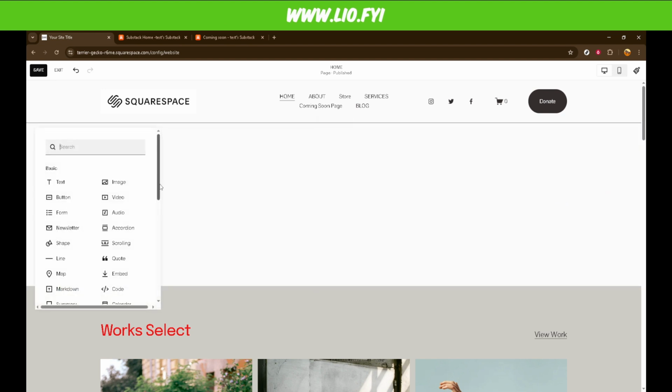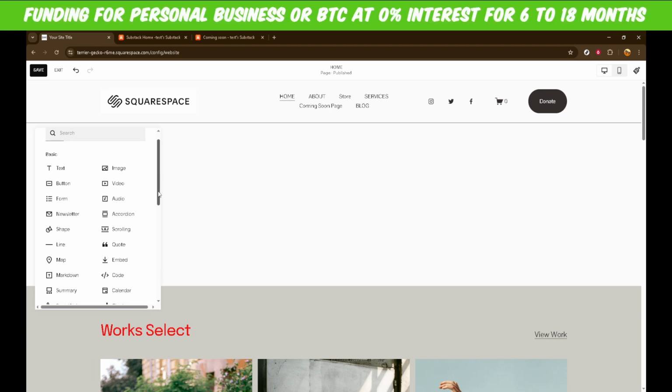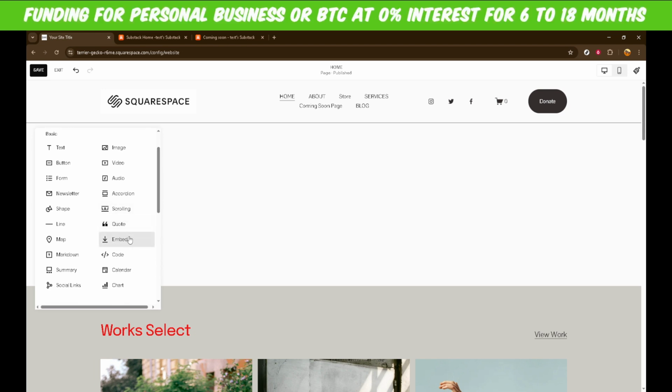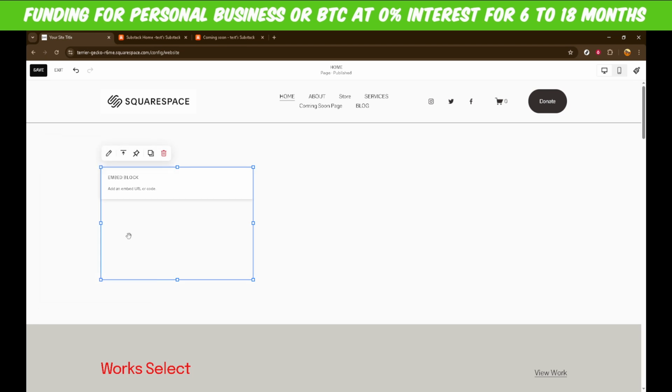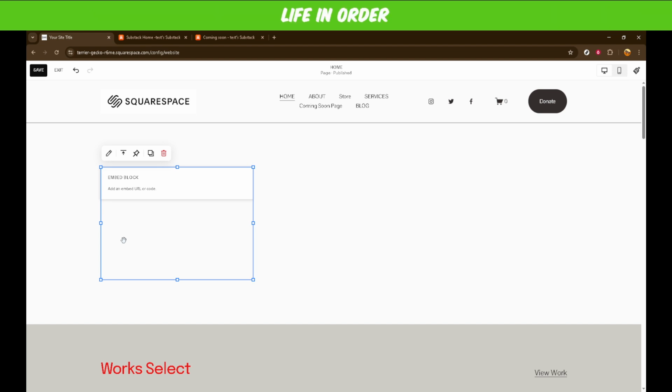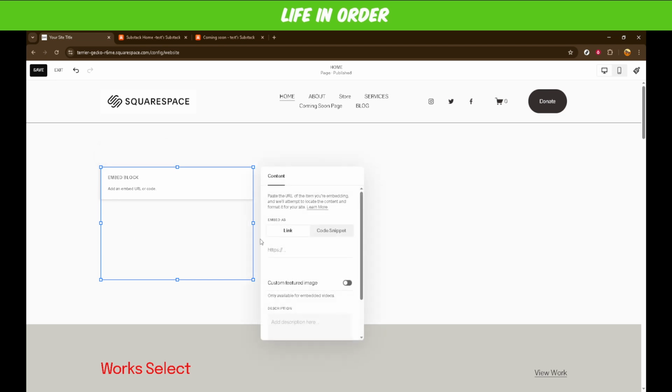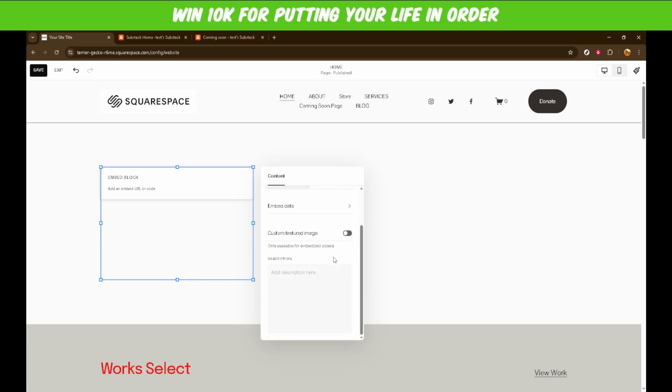The next task is to find and select the Embed option among the available blocks. This is a crucial step because embedding content allows you to incorporate external widgets or forms into your site. Click on the Embed block and you'll see an editing window or panel appear on your screen. In this panel, click on the Edit button to go deeper into embedding specifics. You're going to add a code snippet, which is a small piece of code that allows the Substack form to show up correctly on your page.